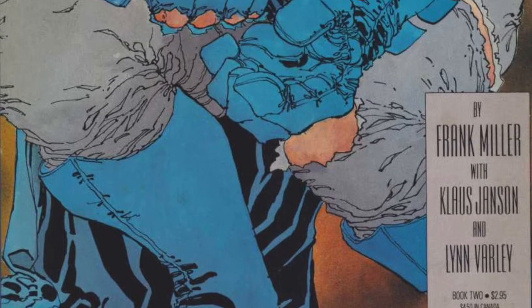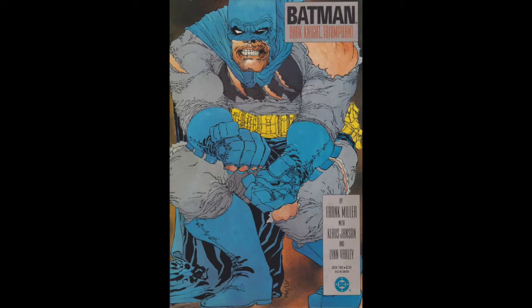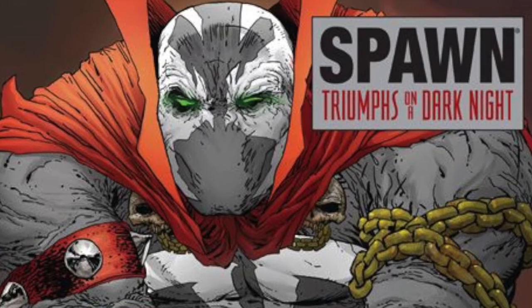Hold up, I'll put the comics in here that I was talking about. That one's a parody cover of this one. And then they made a Spawn one that looks like this. I thought it was cool